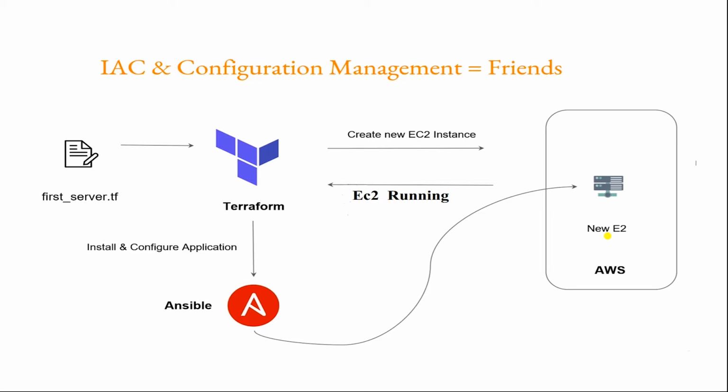In that we give some description to create a service. For example, we can take an EC2 instance. Terraform gives instruction to the AWS provider, the service provider, to create an EC2 instance. Once the instance is created successfully, the information is sent to Terraform, which redirects the command to Ansible for further application development and configuration in the particular EC2 instances. So this is the working principle behind infrastructure as code and the configuration management tool. Based on your requirement, you can plan for the required tool.